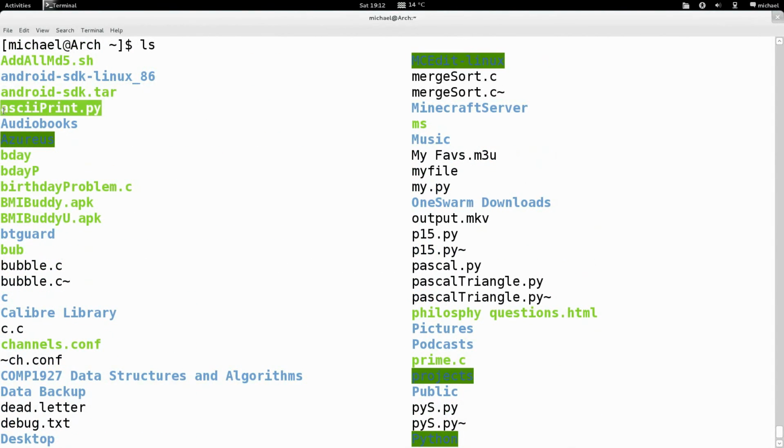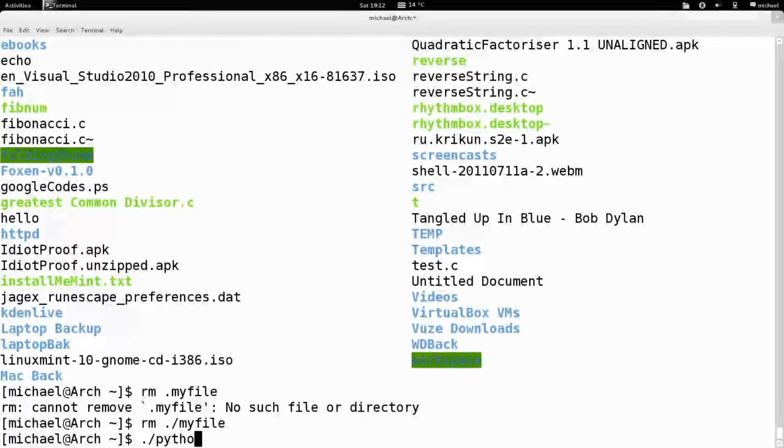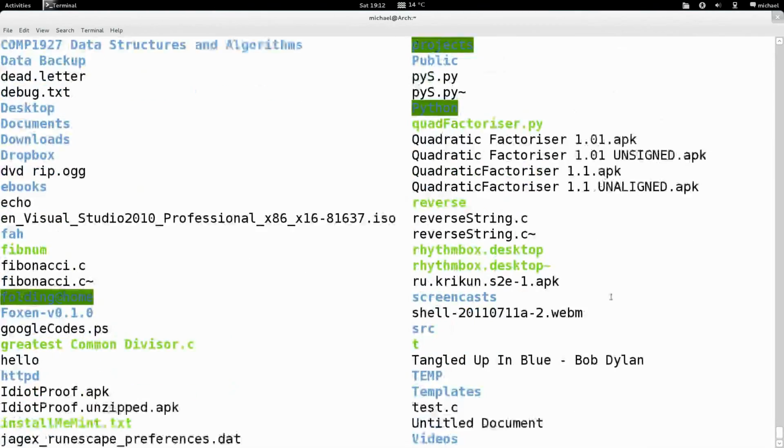An example will be probably this one, ASCII print. I don't even know what this is, but anyway, let's just say I have Python. Actually, never mind. I won't even bother with that. I have no idea what that is. Okay, so